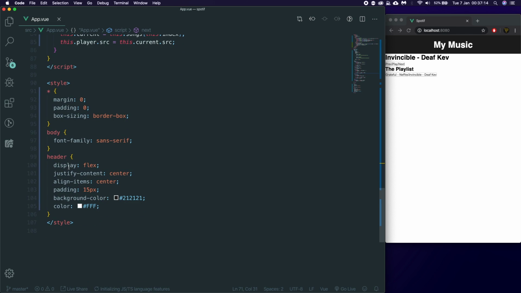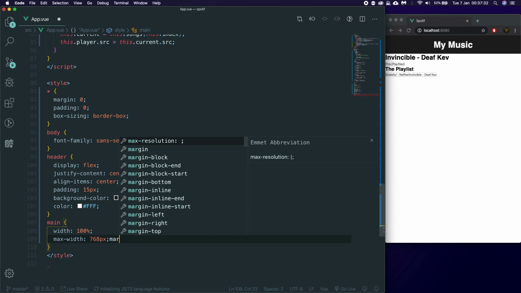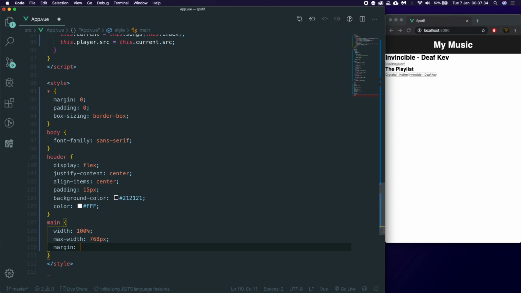So the next part is doing the styling. For those of you who don't care about the styling, you can leave, but for those who do, you can see what we're about to do here. We're going to firstly start off by styling the main. The main is going to have a width of 100%, a max width of 768 pixels, and then we're going to set a margin of 0